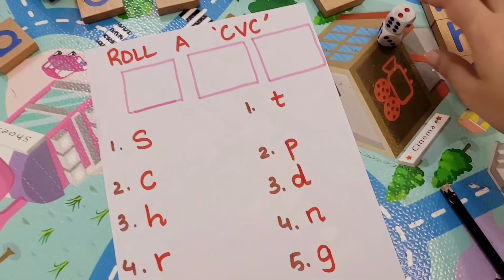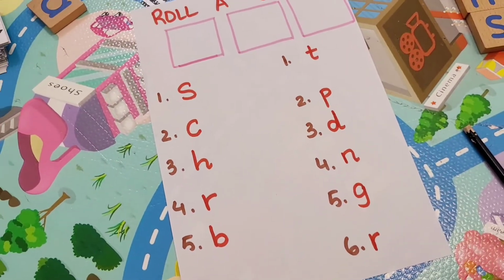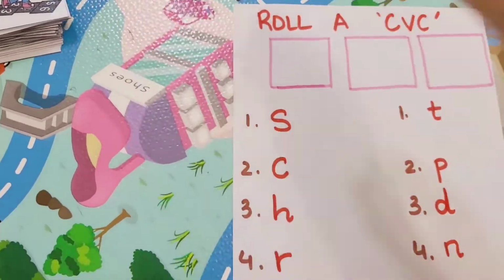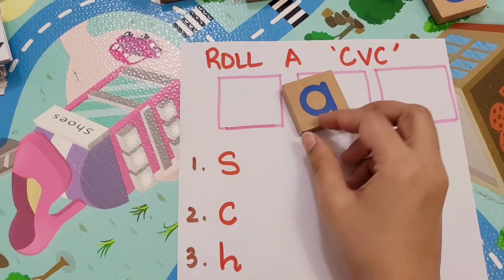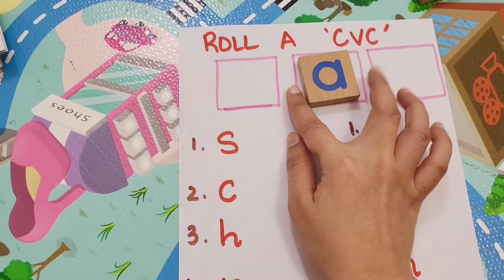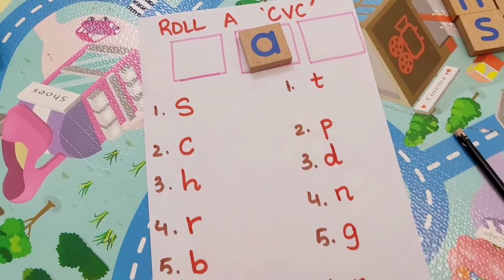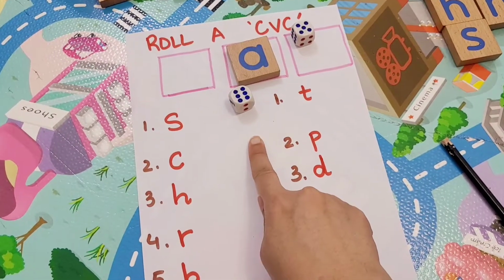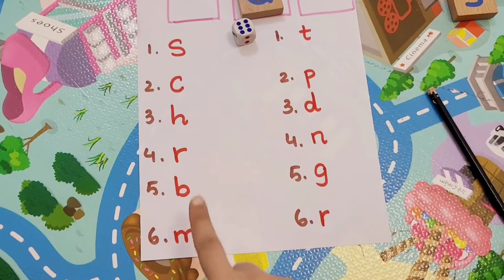Roll a dice and roll a CVC. So here you will just put the vowel in the center. Let's say we are doing a. And then roll the dice. The first dice has 6. And what do we have at 6? We have